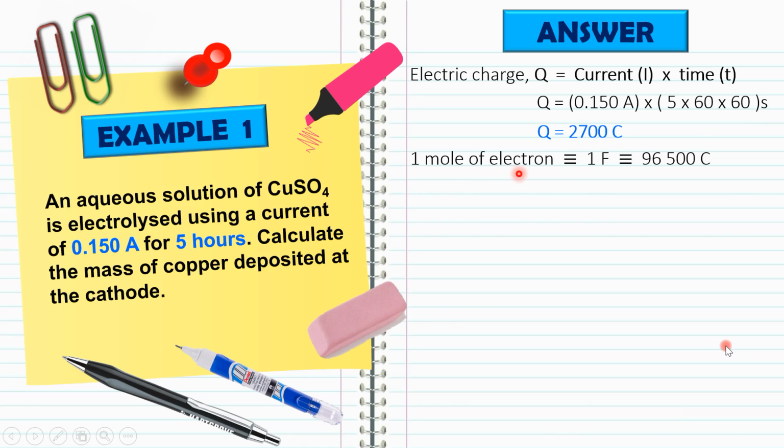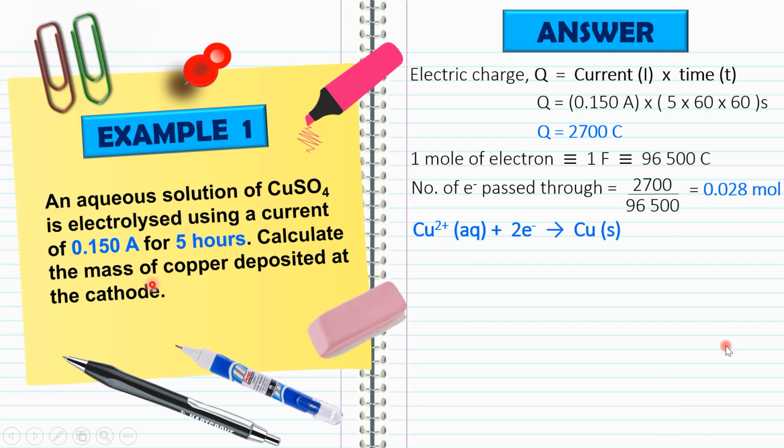We know that 1 mole of electron is equivalent to 1 Faraday, that is equivalent to 96500 coulomb. Next, you can calculate the number of electrons passed through, where 2700 divided by 96500 coulomb, and therefore we get 0.028